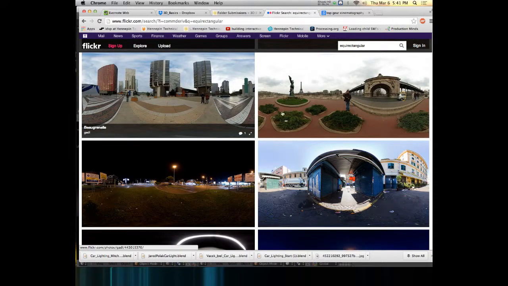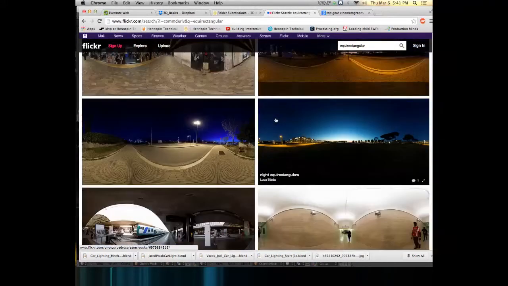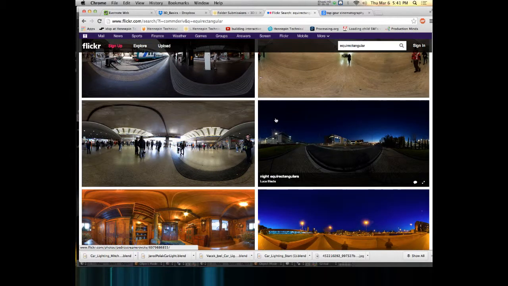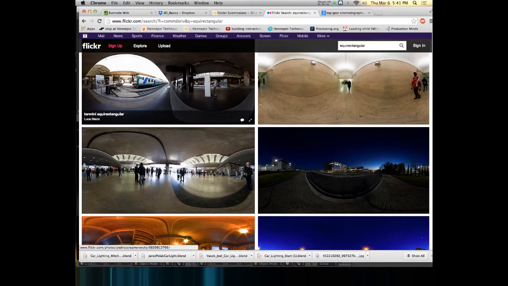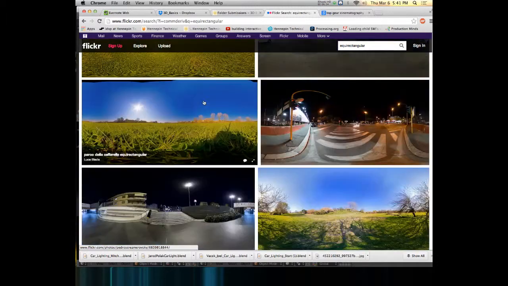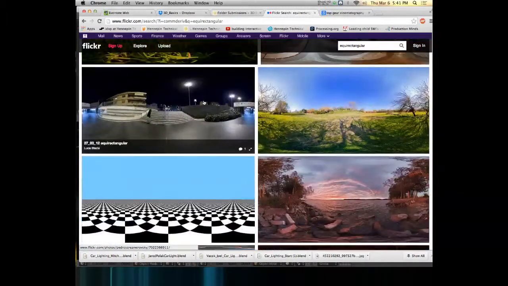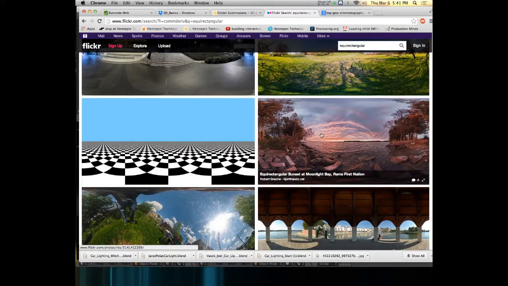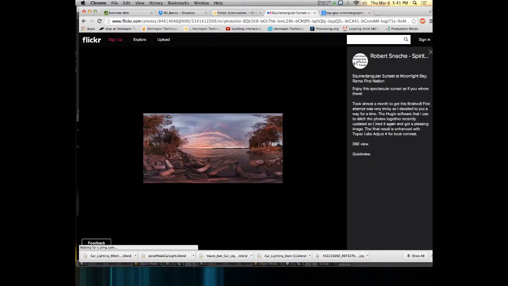This is the one that Henry used. You can do night scenes, dusk scenes. This appears to be a mall. There's a train station. Choose one that you like, and, oh, this looks nice. Choose this one,